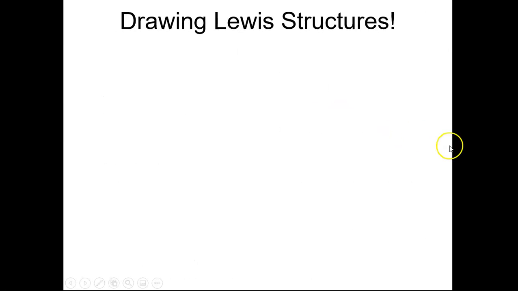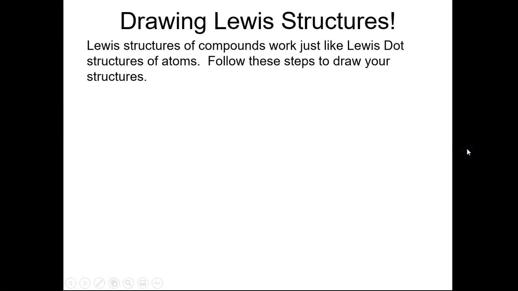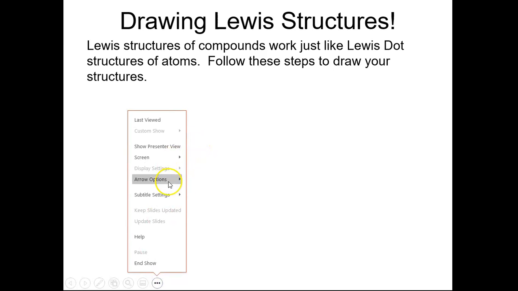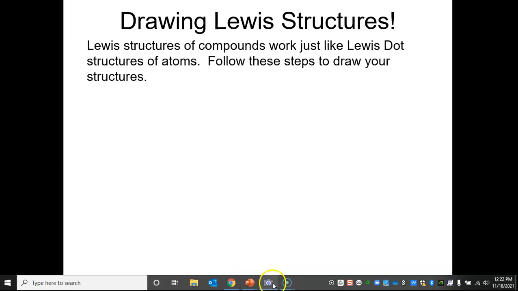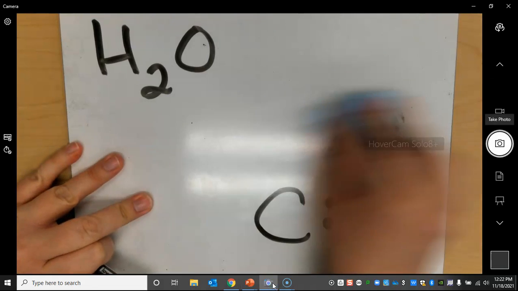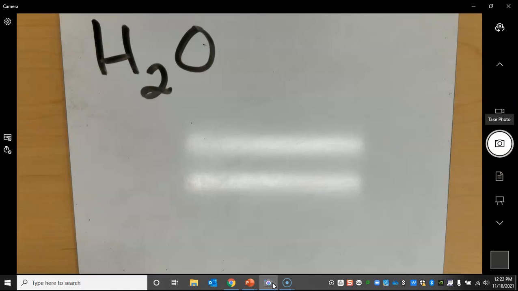All right, so how do we draw these Lewis dot structures? We're going to follow a series of steps, and rather than going through these steps and just reading them, I'm going to show you how we would apply these steps to water. Okay, so we're going to draw the Lewis dot structure for water using the steps that are on your guided notes. So our very first step, and it's really important, is to count the total number of valence electrons for the molecule. So in water,